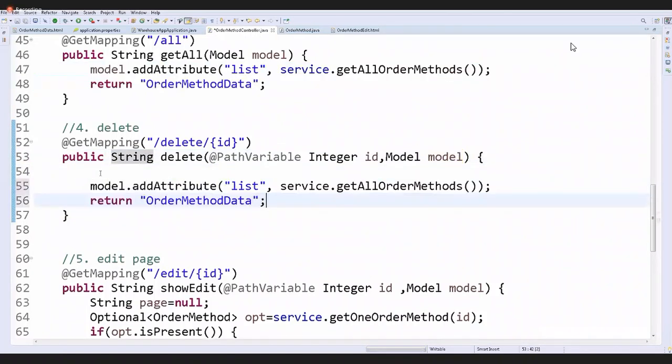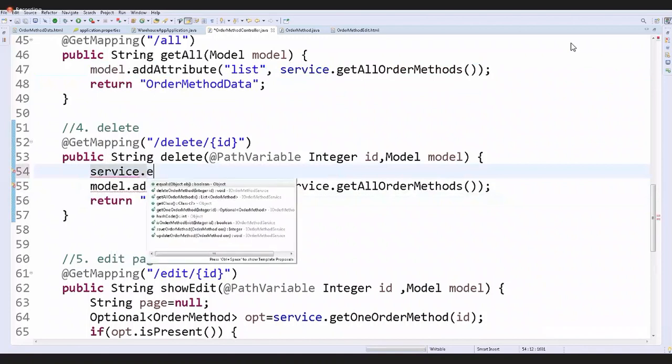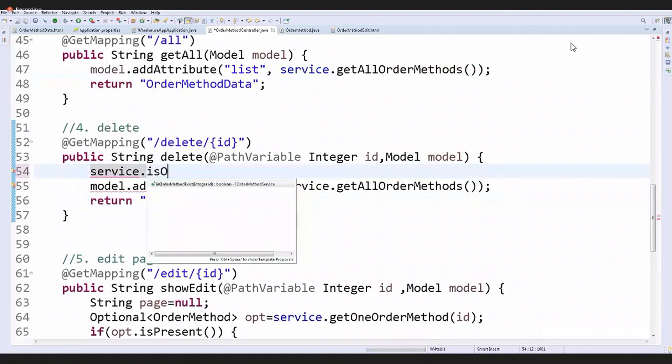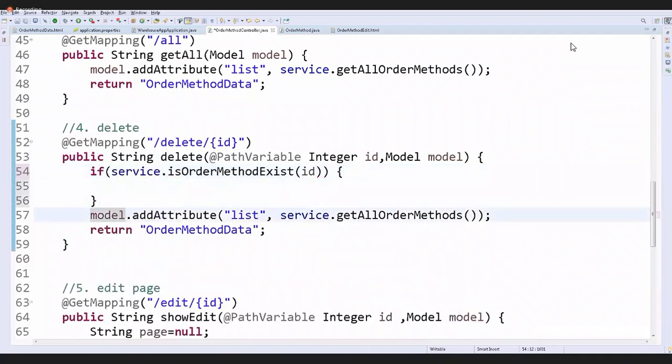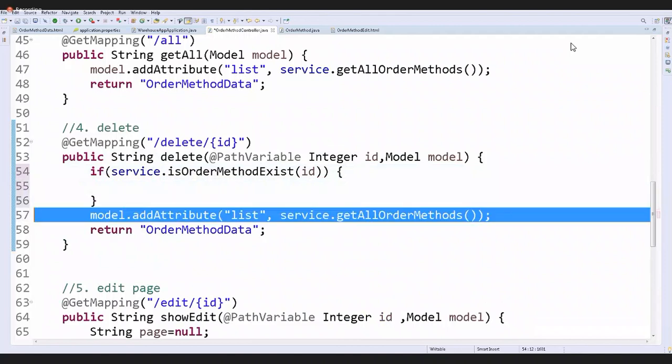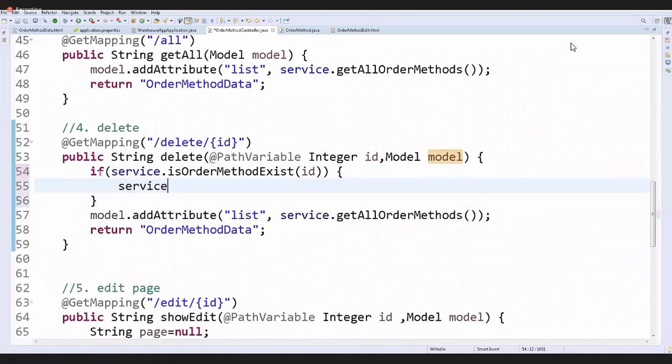Go to data page, service.isOrderMethodExist, then perform delete. Else